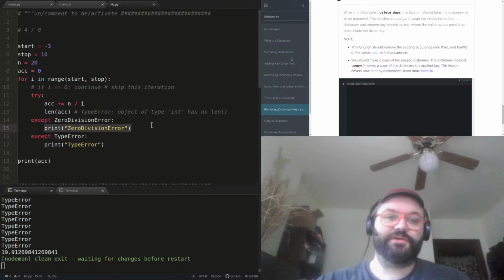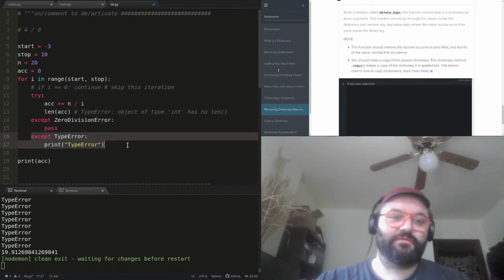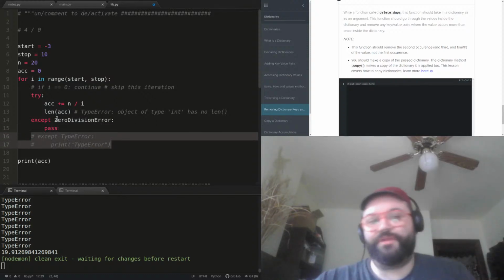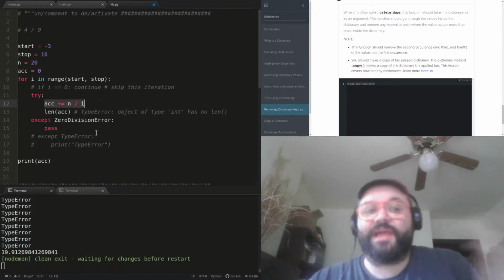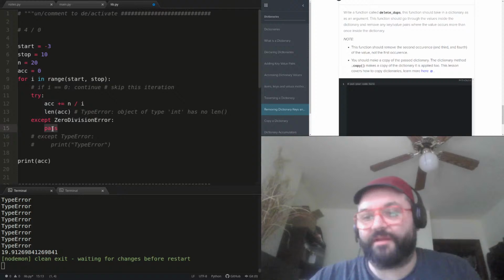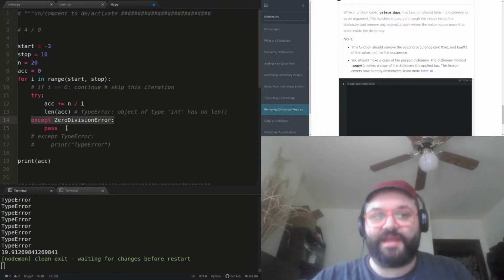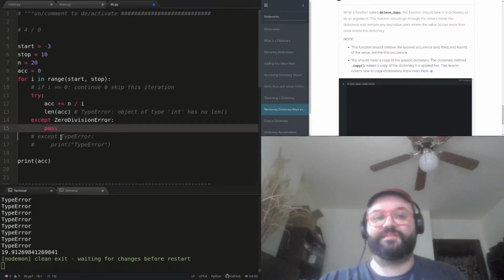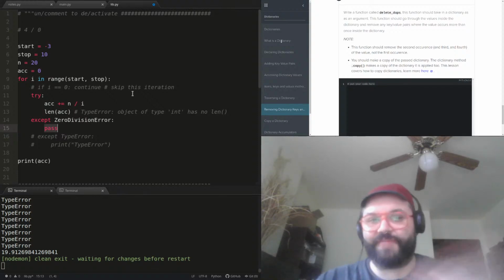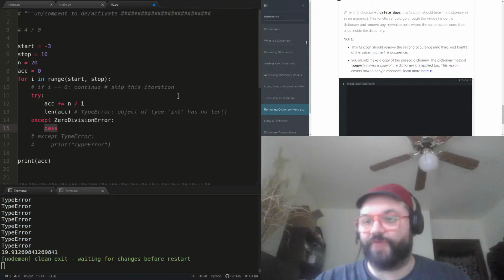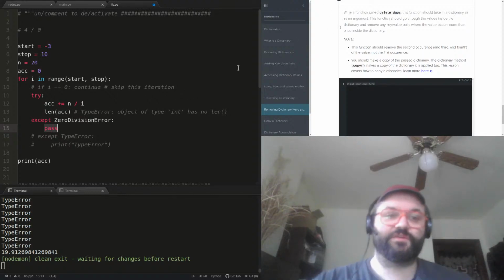Sometimes your alternate code is pass. Sometimes you say, try this out. If it doesn't work, don't worry about it. You can accept on that error and then throw a pass in there, and it's just like, don't do anything. If that didn't work, then it's fine. Sometimes that is totally fine.